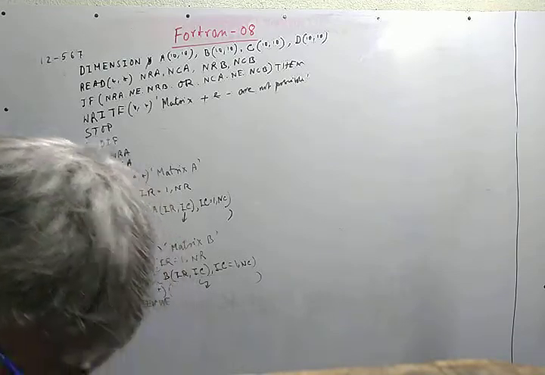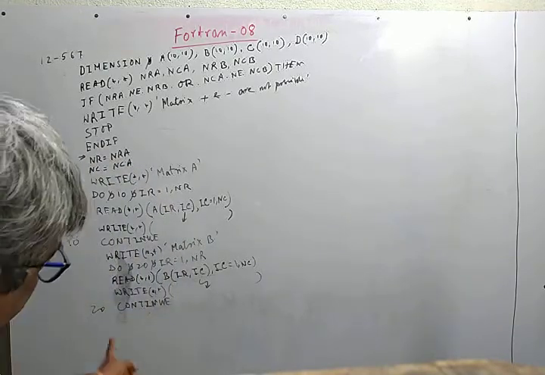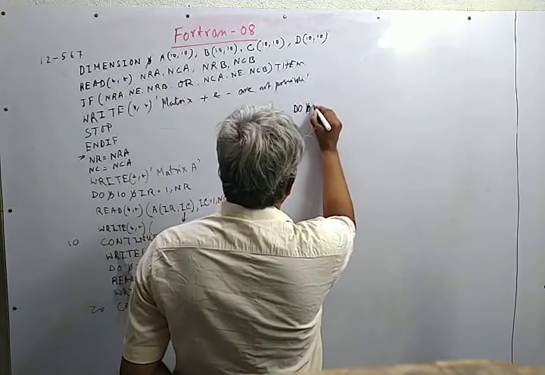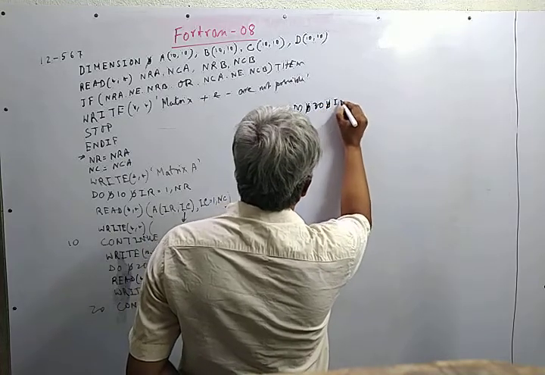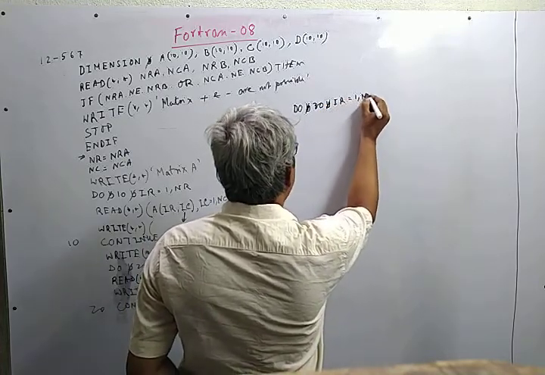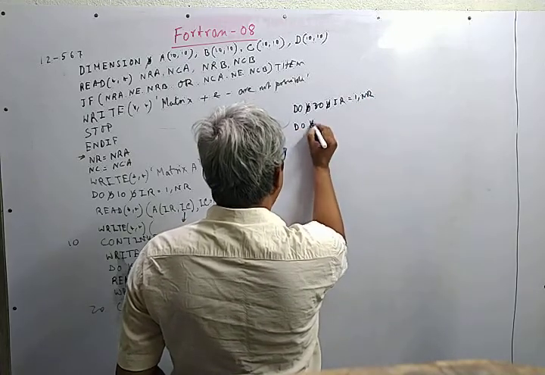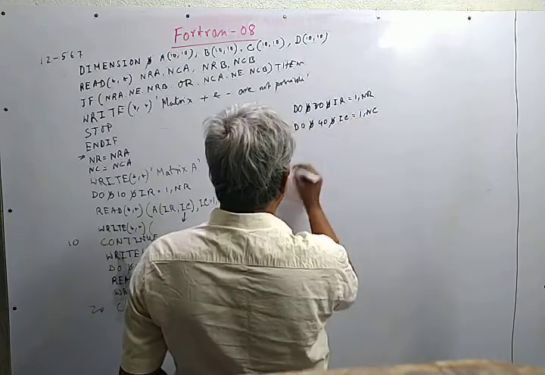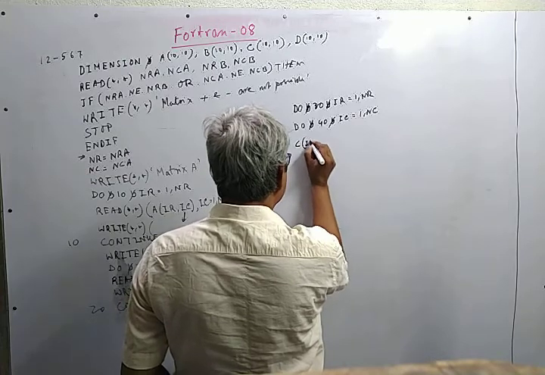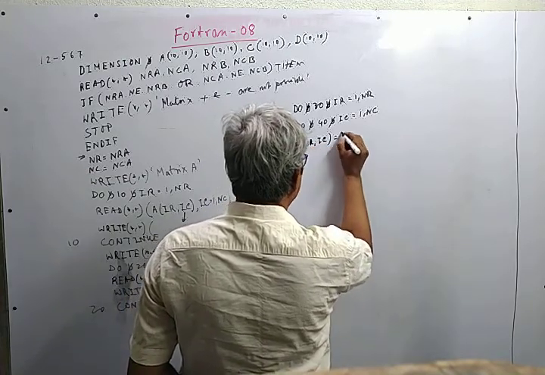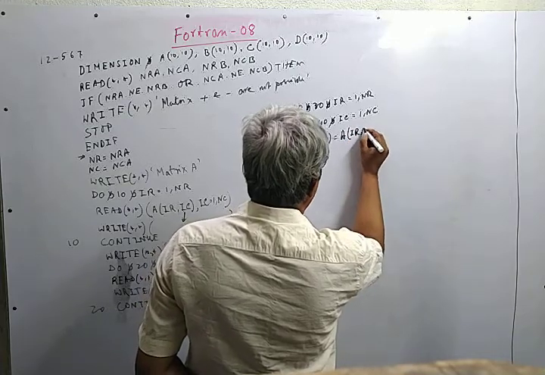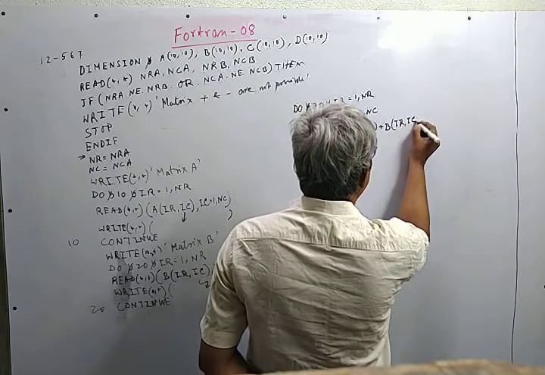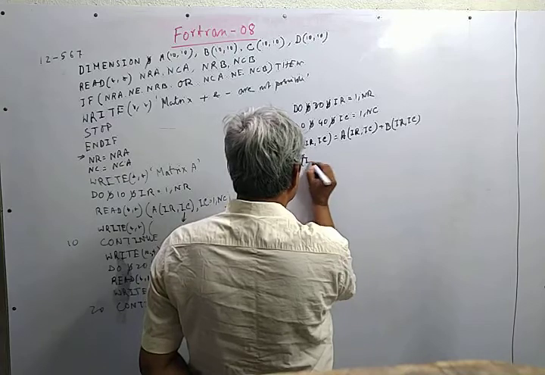Then we are to perform the addition part. So after this we come to another do loop. Do 30 IR is equal to 1 comma NR. Do 40 IC is equal to 1 comma NC. Then we define C(IR, IC) is equal to A(IR, IC) plus B(IR, IC). Similarly, D(IR, IC)